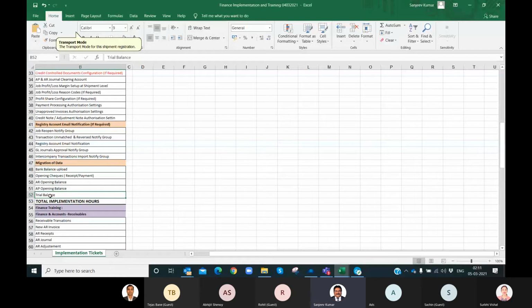Or if any receipt or payment entry has been done but not matched, obviously it will appear with the contra sign, like plus is for invoice, and for receipt it will appear with minus sign. If you provide us data in the prescribed format, then only migration of data or importing inside CargoWise can be done easily.